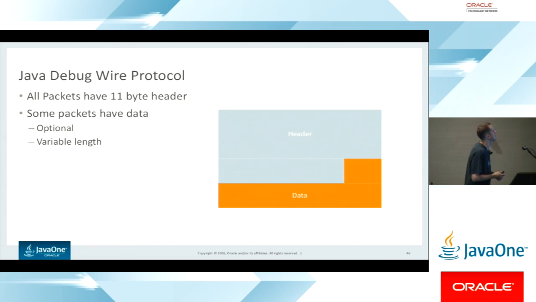to each other. The protocol's really super simple, and the reason for that was to make it really easy to implement, even if you were writing your own implementation from scratch. Like I said, if you wanted to make a debugger in Python or something that would speak to JVMs, that would be aided by the simplicity of the wire protocol. Whether you're talking about a reply packet or a command packet, there are only two types of packets. The header is just 11 bytes, regardless of the packet type. So all packets have exactly the same header size,